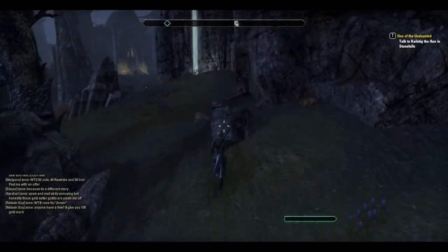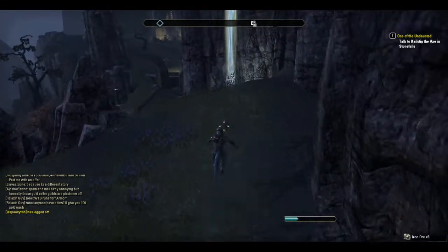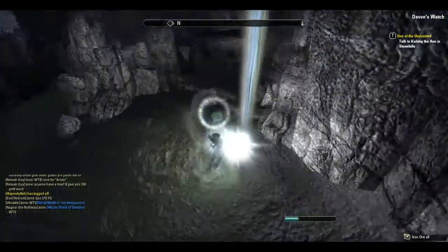Fourth tip for this beginner's guide is to make sure you loot all sky shards. This is extremely important, I mean, unless you don't like to have skills. Sky shards are great. Every three you get a free skill point, and that's awesome for your character. So make sure you